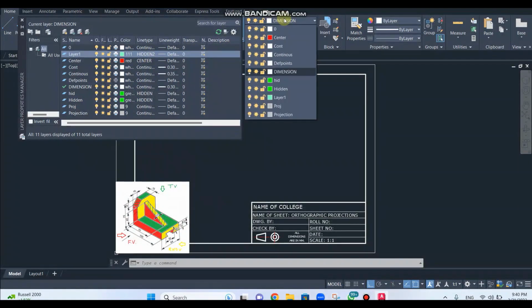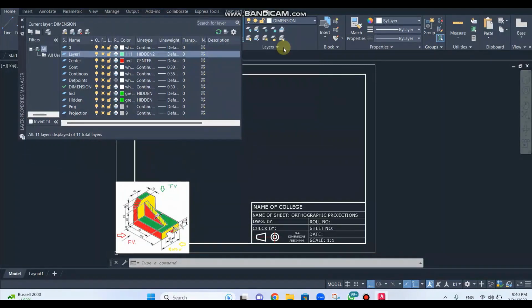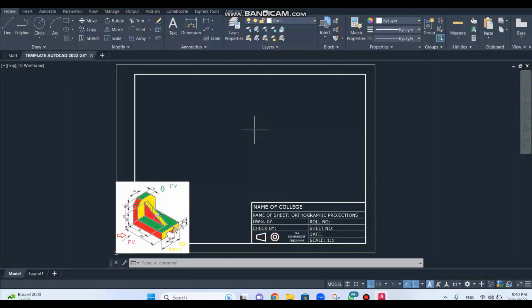So here, since I've already made the different layers, I will start with the continuous one. So I will select that layer. Now in order to draw the line, I have the line command. The shortcut for the line command is L enter. So I will click on L enter, and then I will divide this entire sheet into